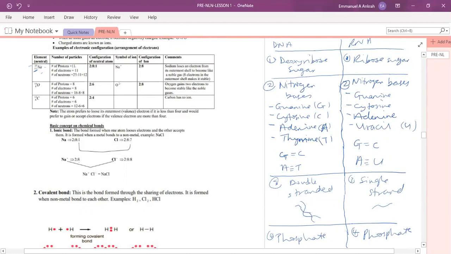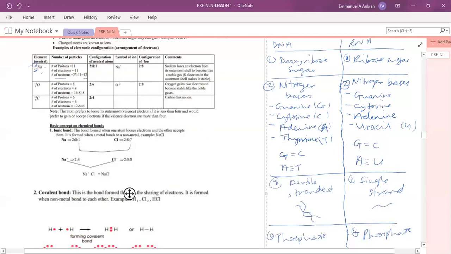we said that if you add the protons to neutrons, you get the mass number, which is 23. Right? Protons plus neutrons. So if I subtract 11 from 23, it gives the number of neutrons. So that is 12. The neutrons will be the difference between atomic number and atomic mass, and that's how I got the 12 here. Same thing